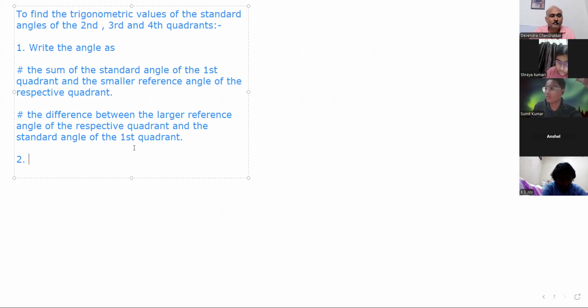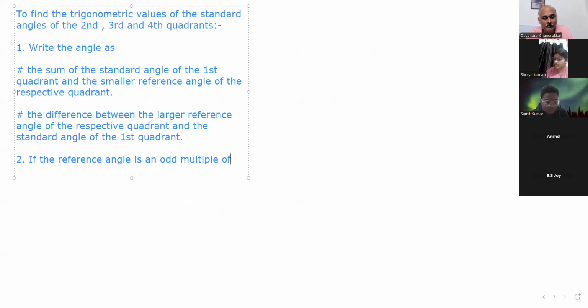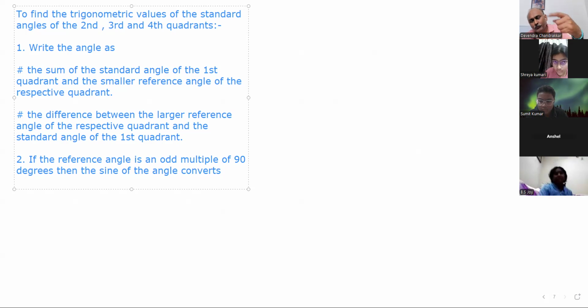Second, if the reference angle is an odd multiple of 90 degrees, then the sine of the angle, note this down now. I'll explain every rule to you. We'll do the entire exercise based on these rules, so don't worry about it. Just note it. Okay? If the reference angle is an odd multiple of 90 degrees, then the sine of the angle